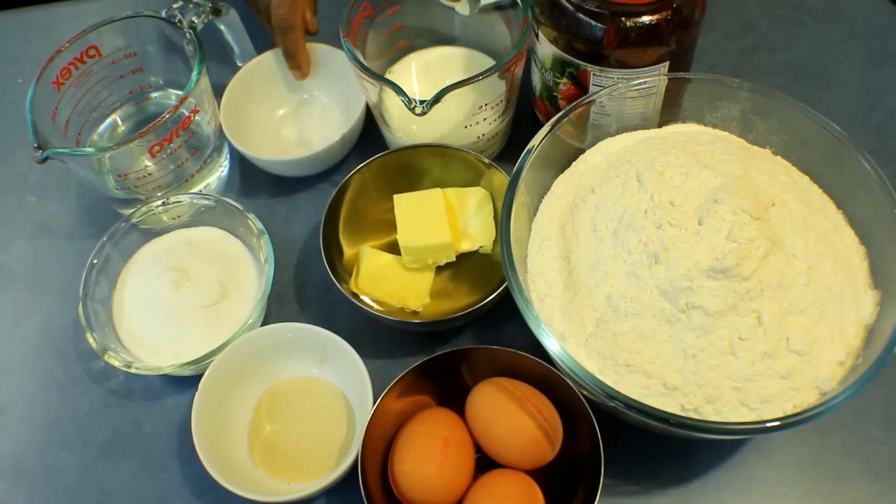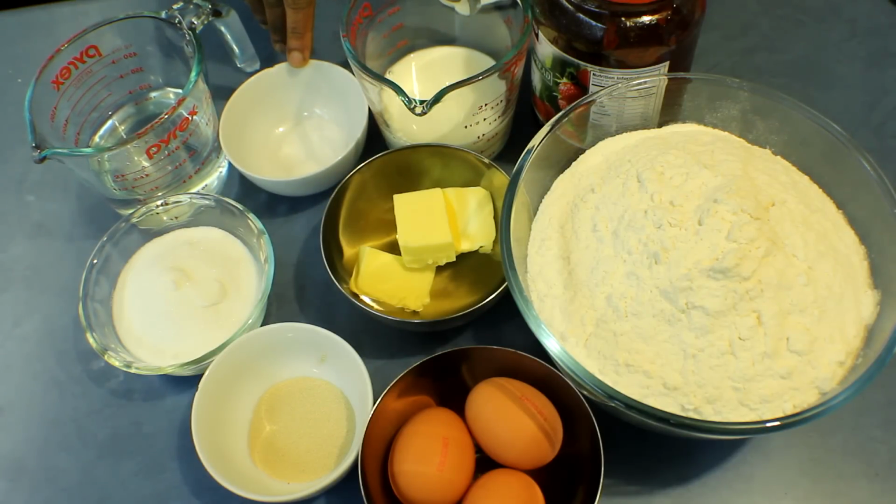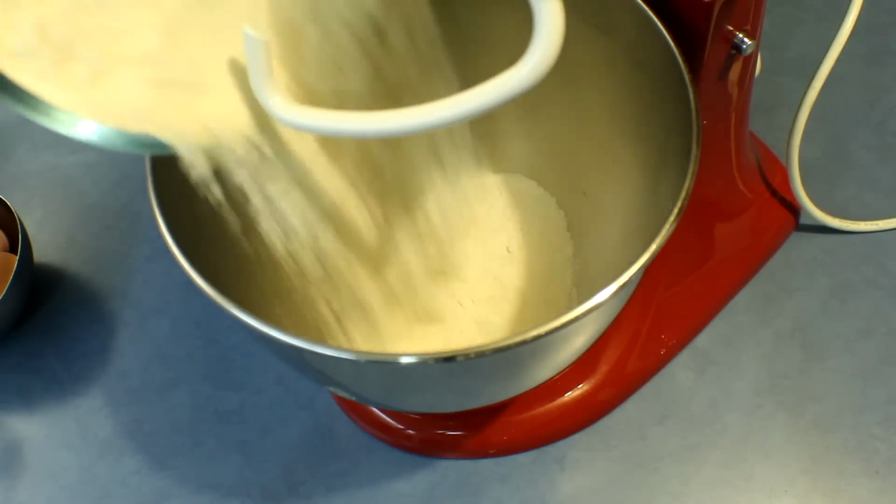So I have nearly 9 grams salt, and I'm using some strawberry jam for filling. So make sure that you use a good quality strawberry jam for this recipe, or any other kind of a jam. So to start this, add the bread flour into the mixing bowl,